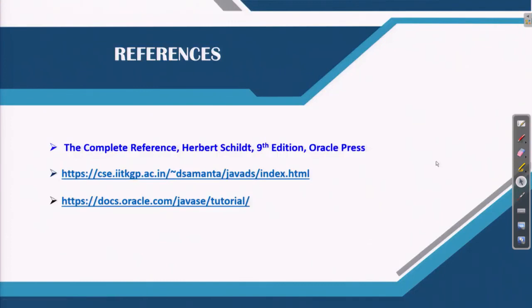You can have many more programs from the link that we have given here. You can consult this link to get many relevant programs for your own practice, and this is a good document from Oracle where you can get the different methods in detail and their utility.